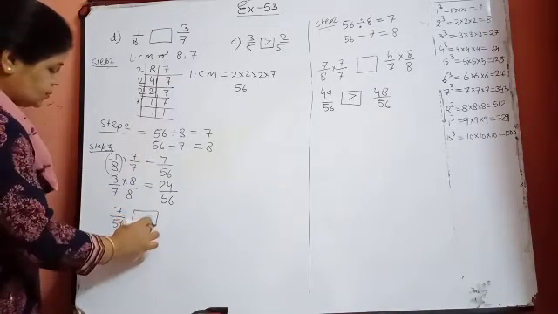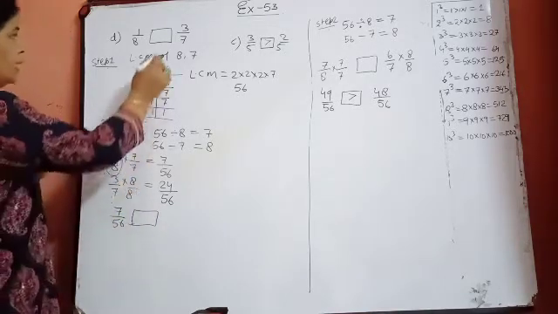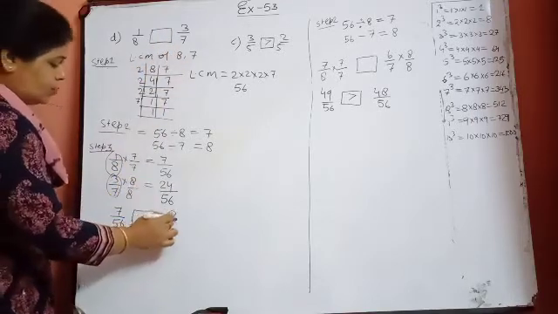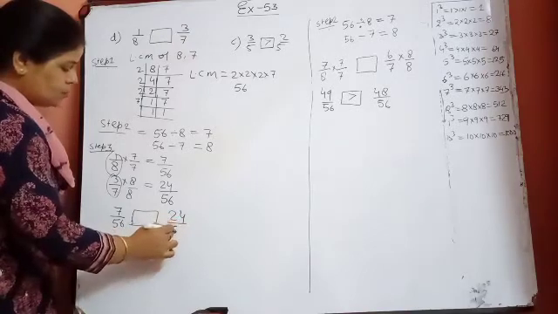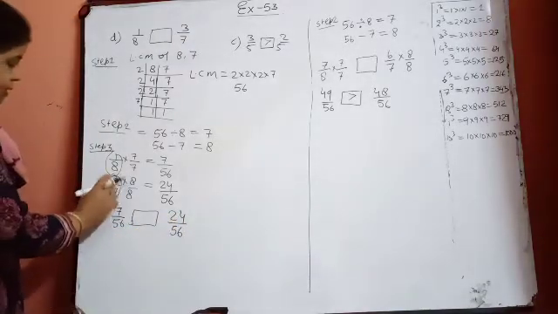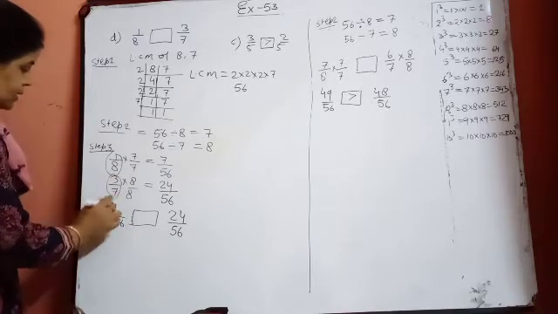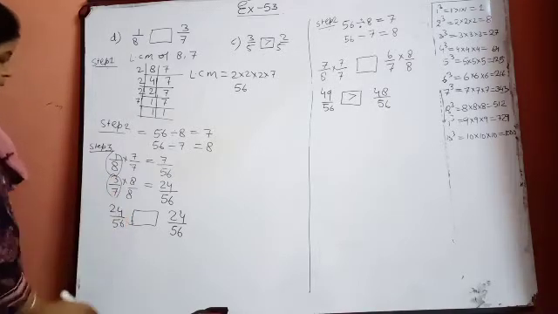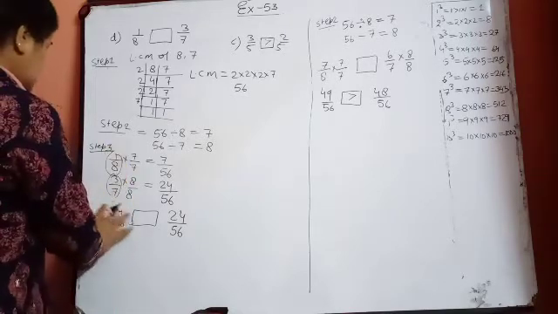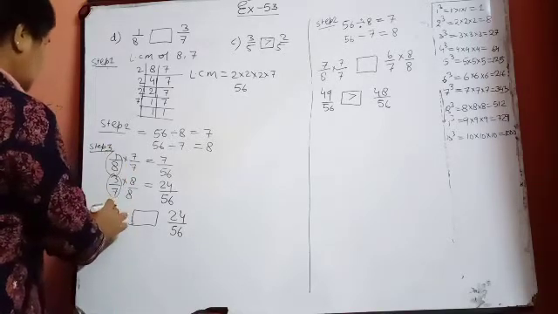Make a box. Okay. And 3 upon 7 is this. In place of this, what can we write? 24 upon 56. Now you can see that 8 threes are 24. By mistake I had written it wrongly. Now see that, oh, 1 upon 8, it was correct here: 7 upon 56.